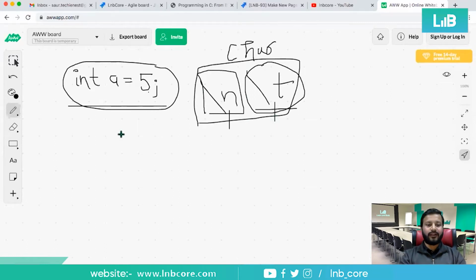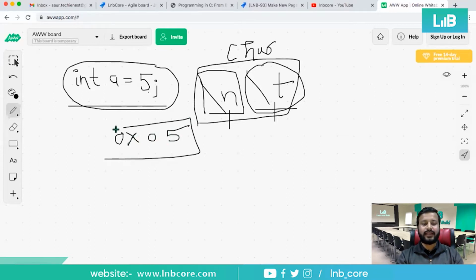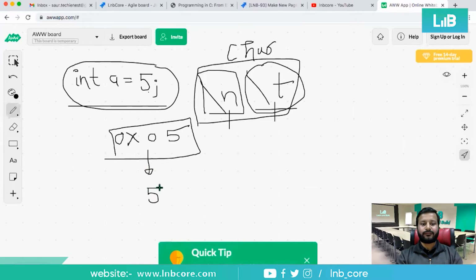Apart from this, we have some numeric constants also. Suppose we want to write some value in hexadecimal. How do we write it? 0x05. 0x05 in hexadecimal is 5 in decimal, right?